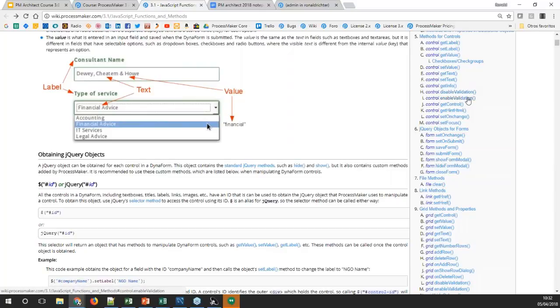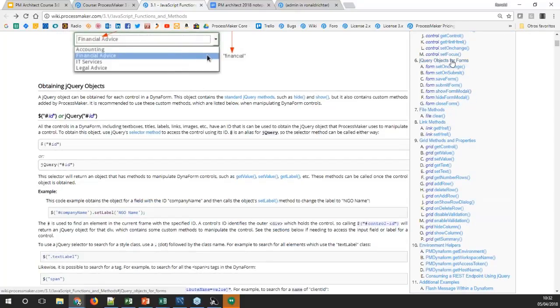We have the disable validation and enable validation, which will make a field required or remove the required property from the field. We also have a lot of methods that will help you to customize and add additional functionality into your form controls. Here are some methods for the form,